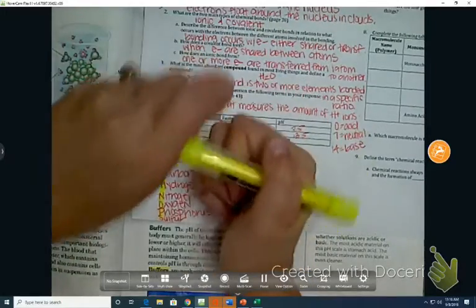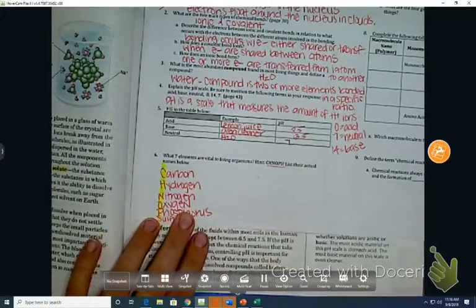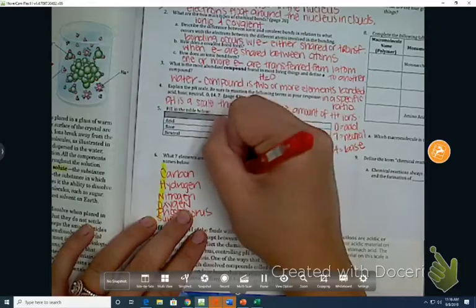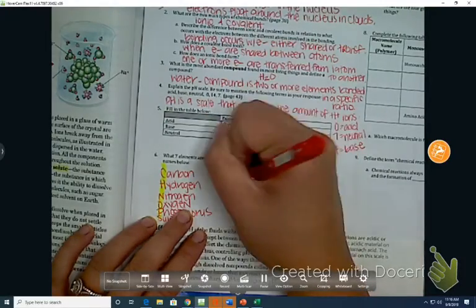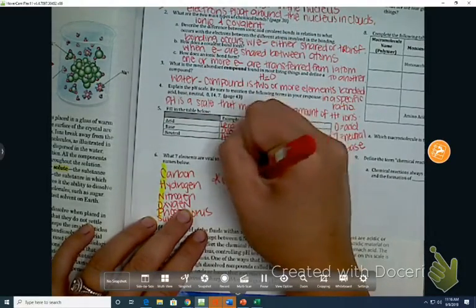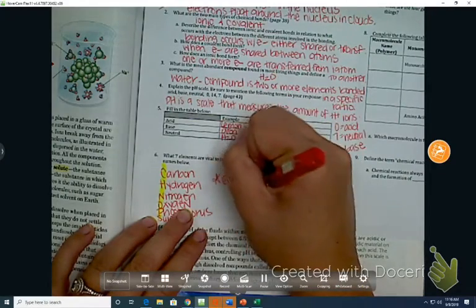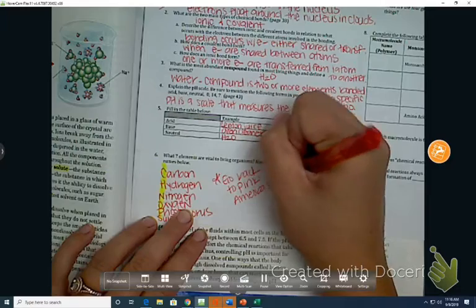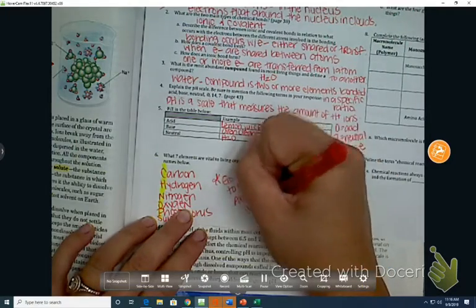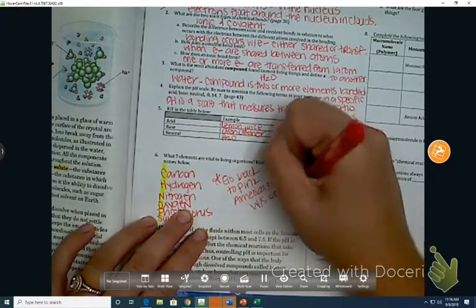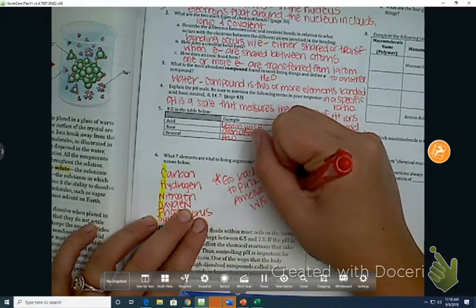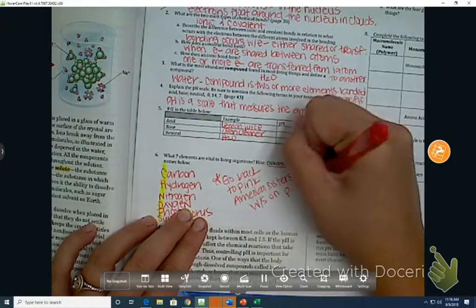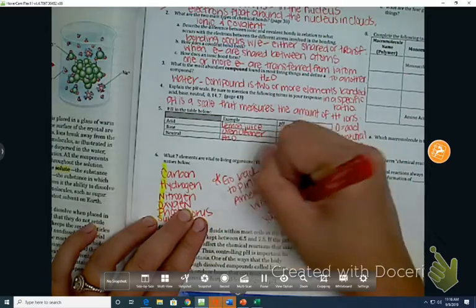And if you notice, take a moment now, go back to the pink Amoeba Sisters worksheet on page 5 of your EN